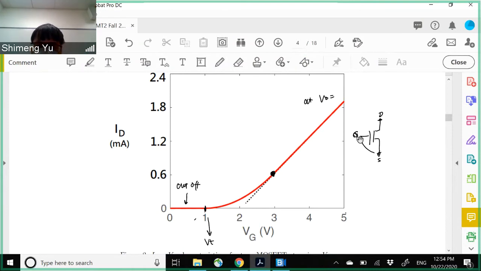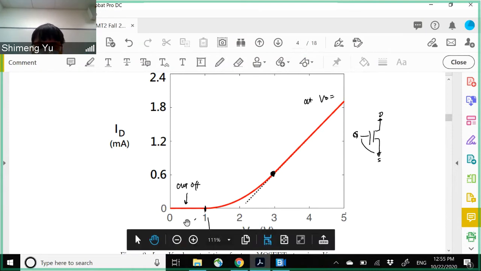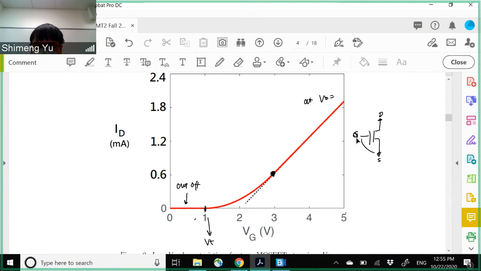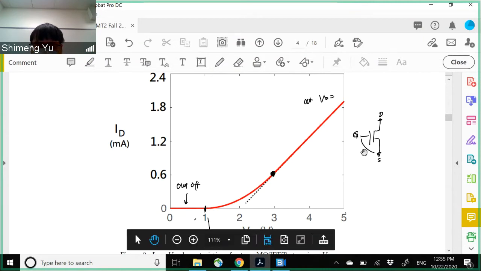When the Vg is smaller than the threshold, for example smaller than 1 volt, then it's cut off. Then as we increase the Vg above the threshold, but VGS is still small, so Vg minus Vt is very small, let's say smaller than the Vd. If VGS minus Vt is smaller than Vd,